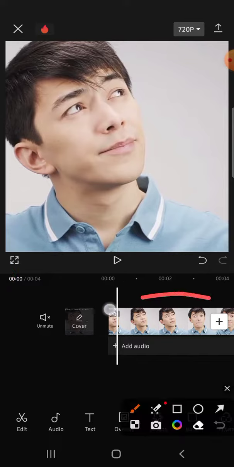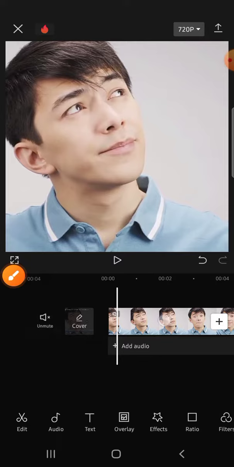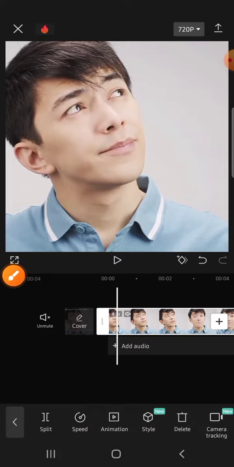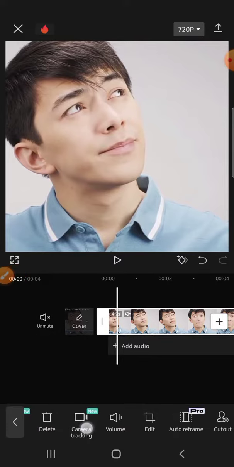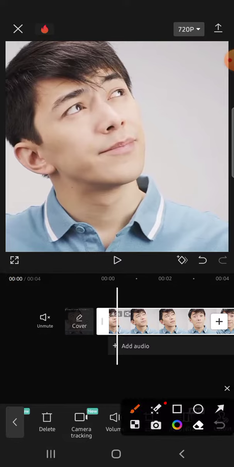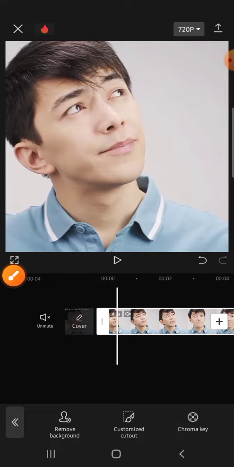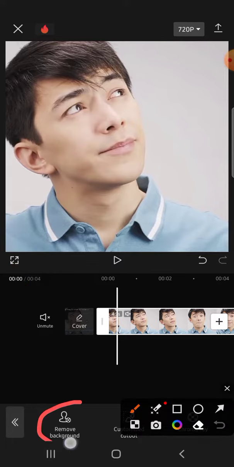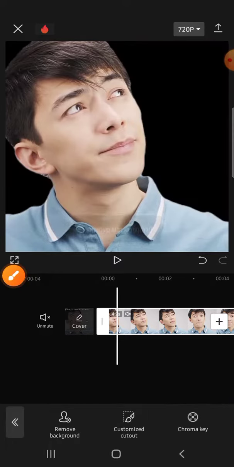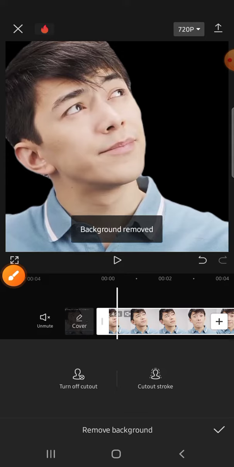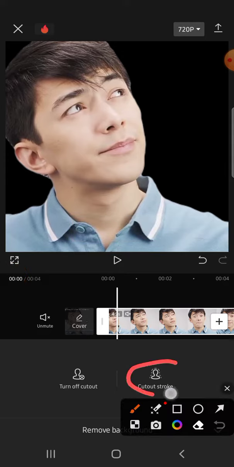Alright, we gotta click on this video. Just click on it, then scroll all the way to the right until you find cutout option. It's right here, guys. Just click on cutout option, then choose remove background. Alright, and now the background has been removed from our video and we can choose the cutout stroke by clicking